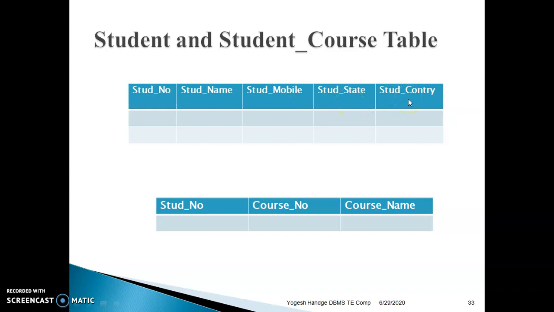These are the columns of the student table. And the student course table has student number, course name. These are the column attributes of the student course table.